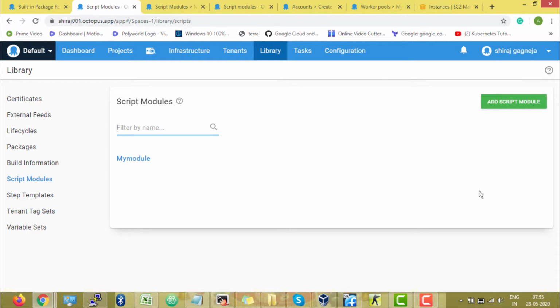Alright guys, in this video we're gonna discuss script modules. These are basically reusable functions that you can write in a specific language and you can reuse them wherever required in your projects. It's just like step templates, which are pre-configured, and we are using those step templates. So over here we can write some code in our specific languages, and we can reuse those